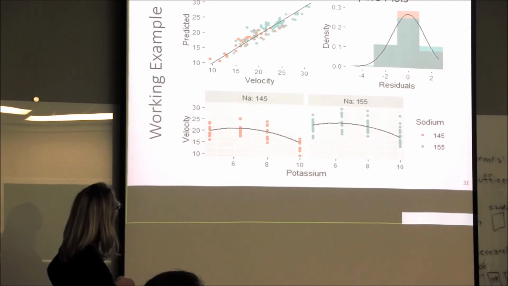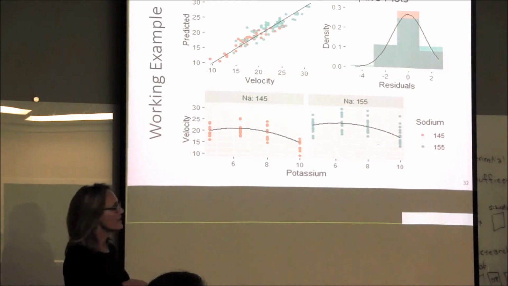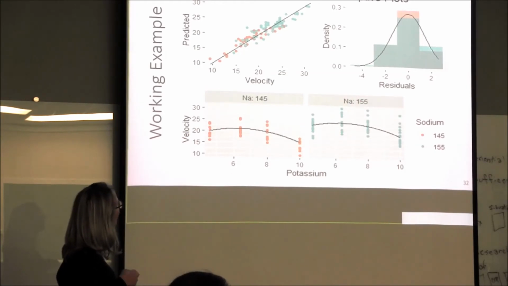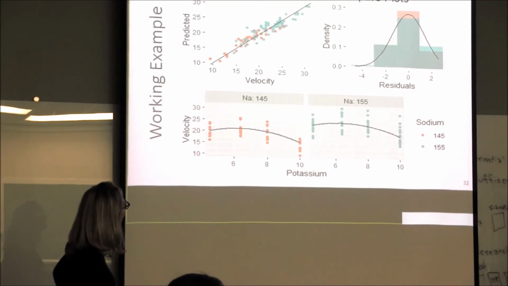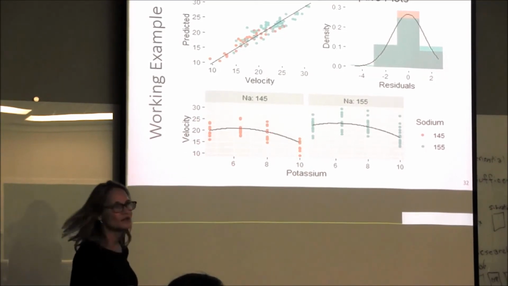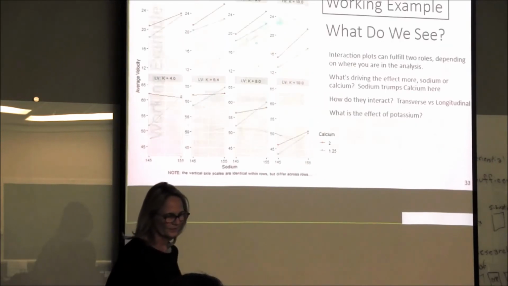And then finally, this is our fitted plot to the data from our mixed effects model, and it fits quite well the raw data. So this is bivariate as a whole, and trivariate as a whole, and bivariate individually. Bivariate showing potassium versus velocity. Again, these are scatter plots with superimposed predicted models. Next